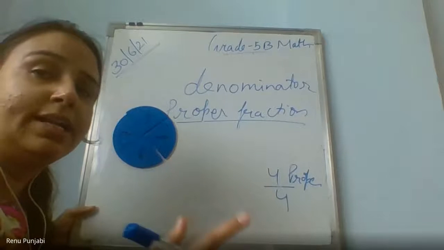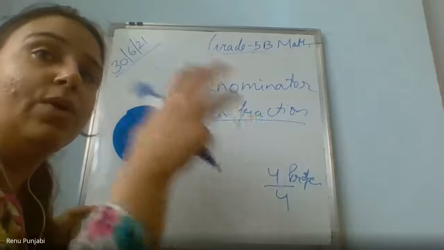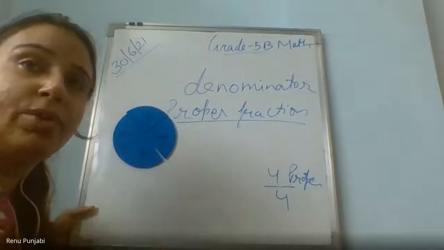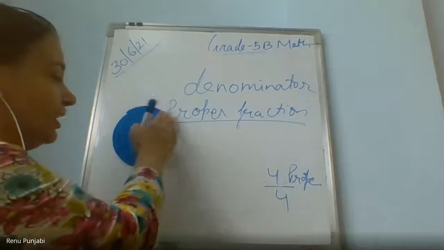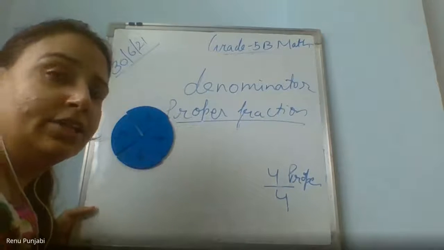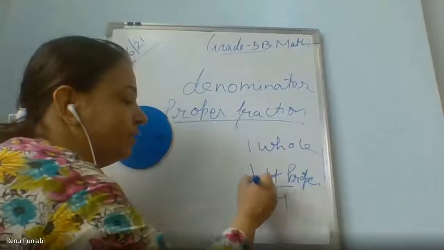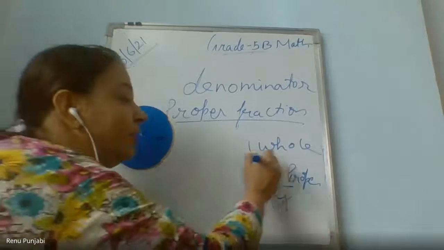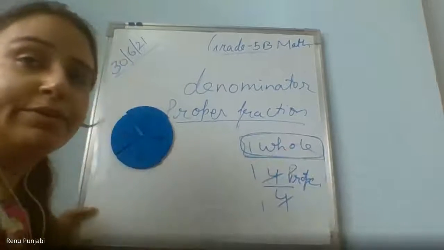Yes, ma'am. As we know that in the first class we have learned what fraction is. Fraction क्या है? Whole के parts. When we are talking about the parts of the whole, that is fraction. पर जब मैंने पूरा ही केक उसको दे दिया, अब तो parts रहे ही नहीं, so it is the one whole. When you do the lowest term of 4/4, you will get 1. So it is one whole. So this is not the proper fraction.